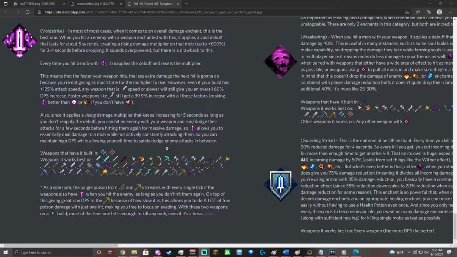However, even if your build has 125% more attack speed, which does hurt Void Strike a little bit, any weapon that is sword speed or slower will still give you an overall 50 to 60% more damage increase, and even a faster weapon like a Tempest Knife, you'll still get about a 40% damage increase with all of those factors, making Void Strike better than Crit and Committed if you don't have Cowardice. Actually, I need to fix that part of the guide because Cowardice is a flat buff, which doesn't matter because